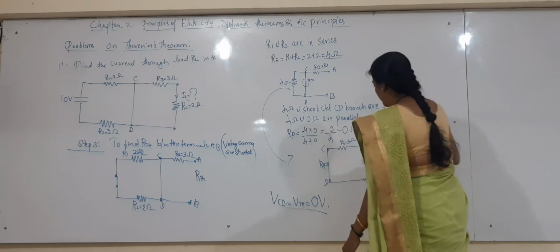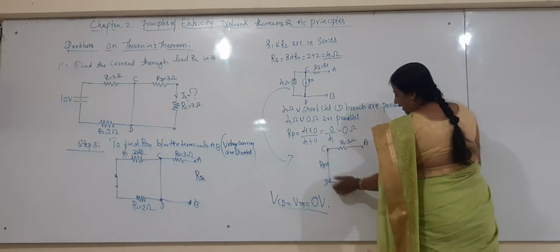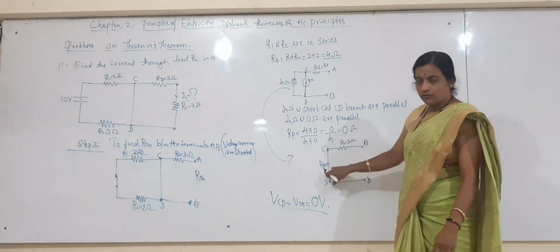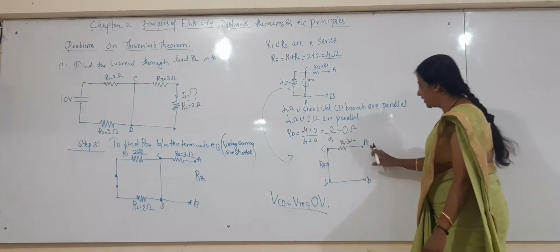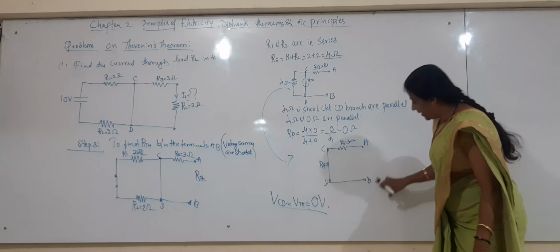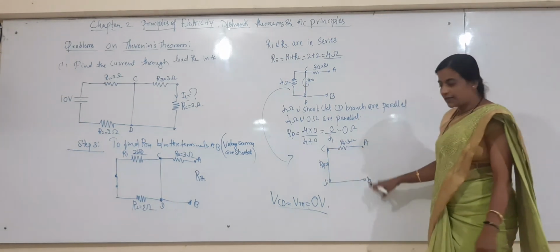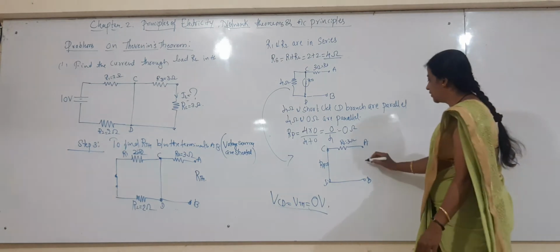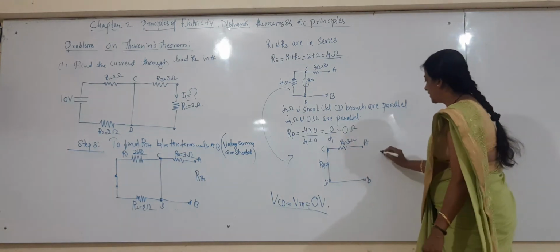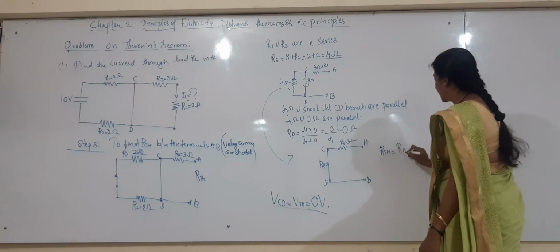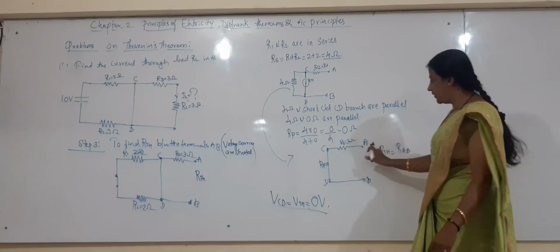So A and B are 3. Now between A and B, there is only one resistor, 3 ohm plus 0 is 3 only. So these are in series. While moving from A to B, how much resistance do we get? Only one resistor, 3 ohm. So that 3 ohm is the RTH, or we call it RAB, the resistance between A and